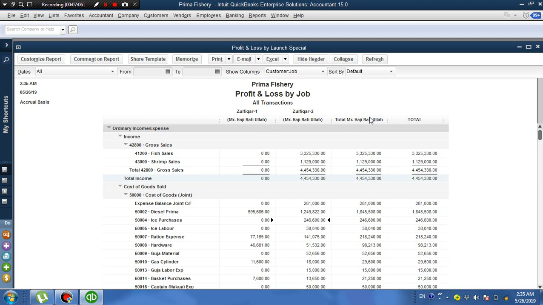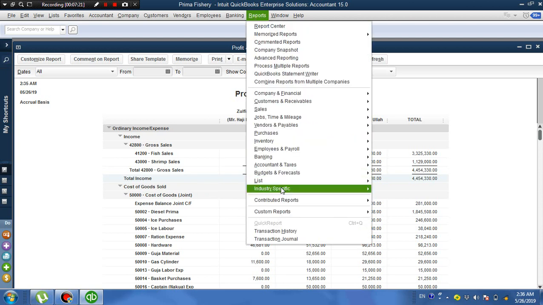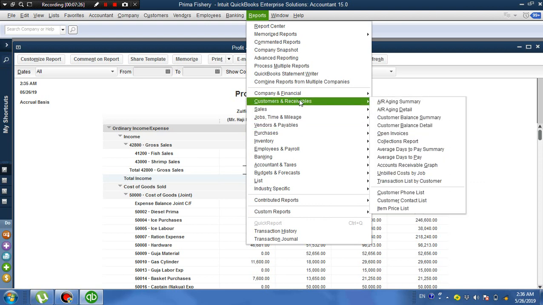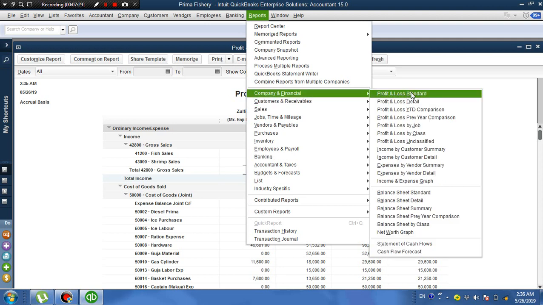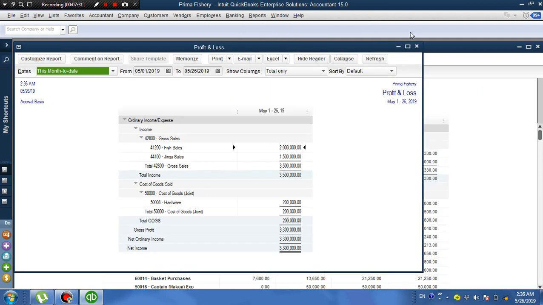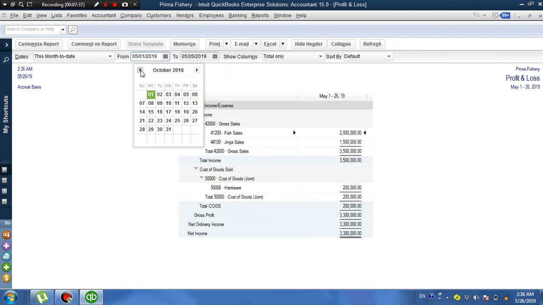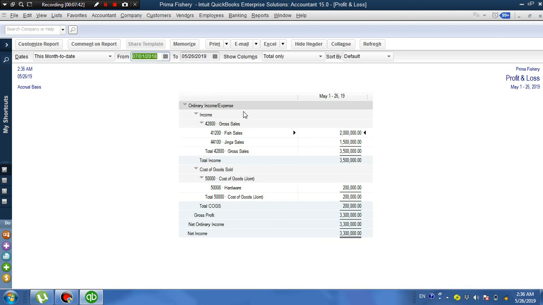So we can see profit and loss by customer, we can see profit and loss by job, we can see profit and loss by class, and we can also see the total profit and loss of the company, in which these 10 or 11 fishing boats are running under this company. So look at this, here is the financial of the company and this is the Profit and Loss standard. If we give the range, for example, we want to see it from 1st July 2018 to date, we'll see